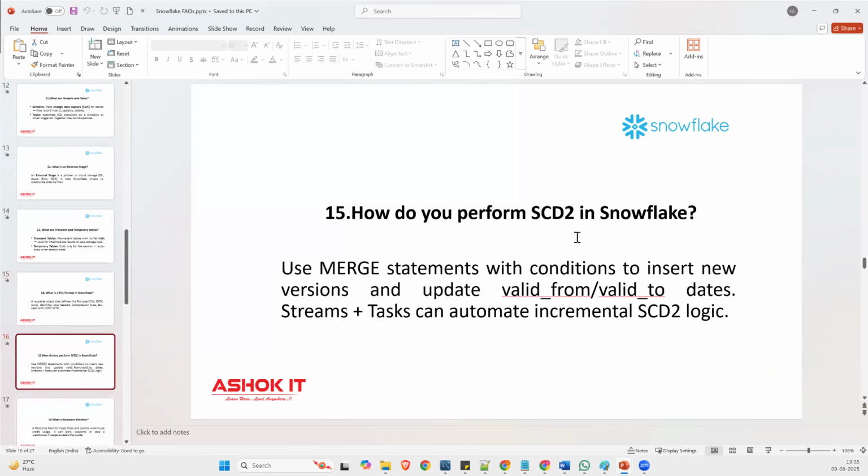And if you have heard about slowly changing dimensions, SCD1, SCD2 logic, you use a merge statement. When you create a merge statement, you compare your source data to your target table. Whatever data has changed will be updated, and new records will be inserted if they are not available in your target table.